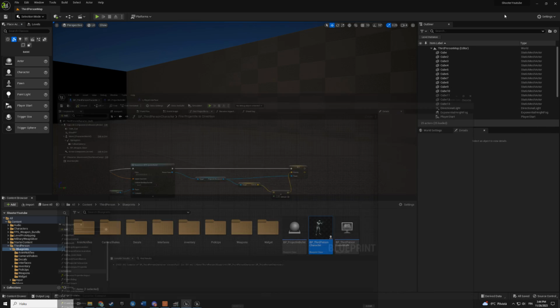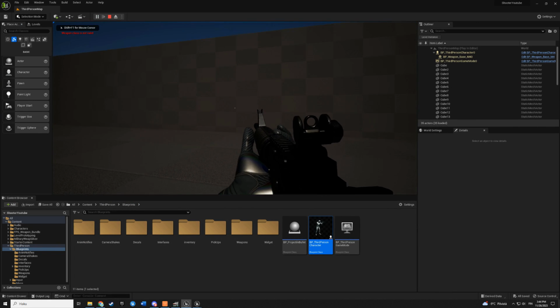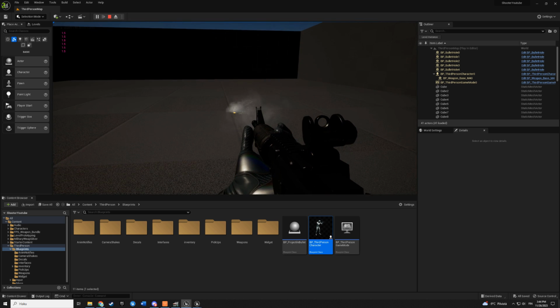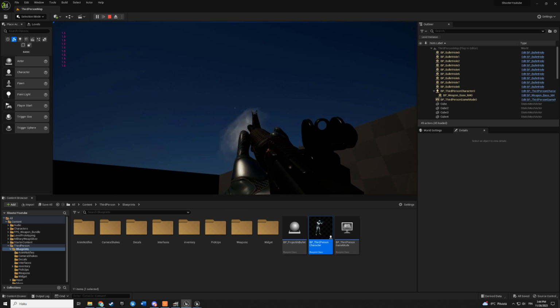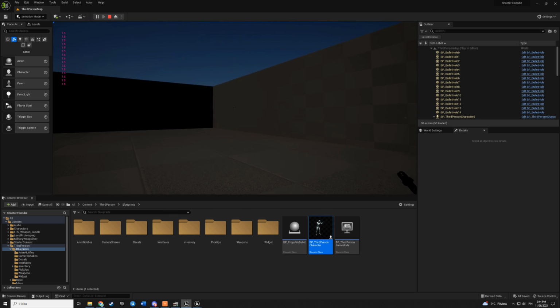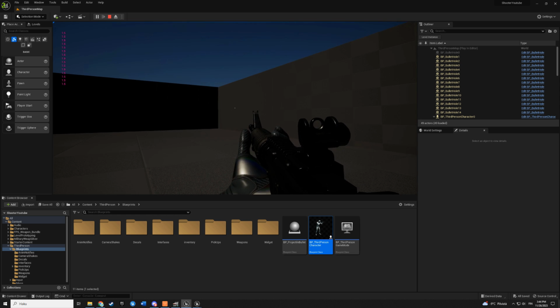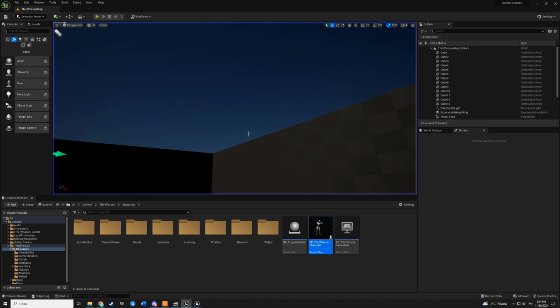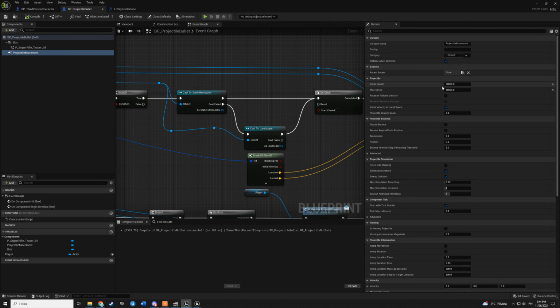Let's try how this works. I think it is working. It just goes very fast, that bullet. I think we can try different numbers. Let's put 10 here, 10,000.